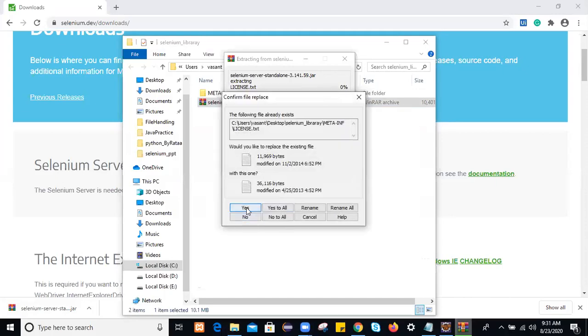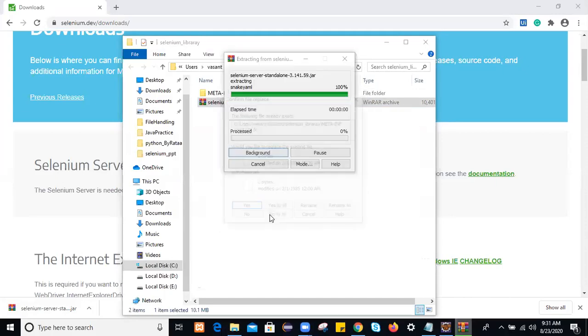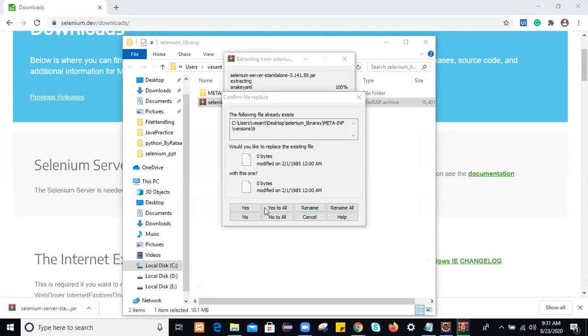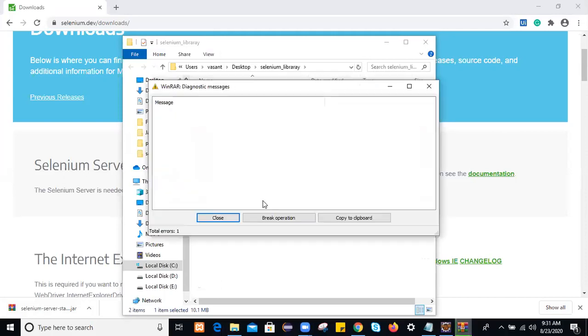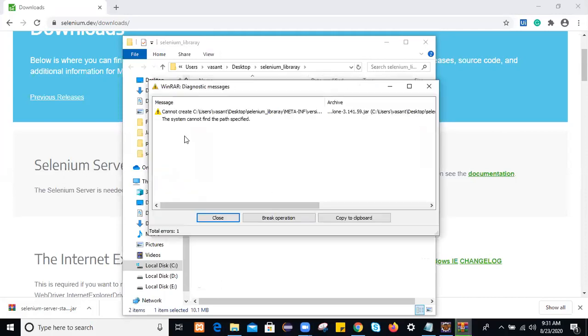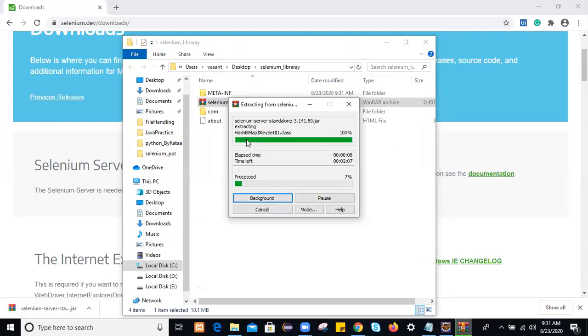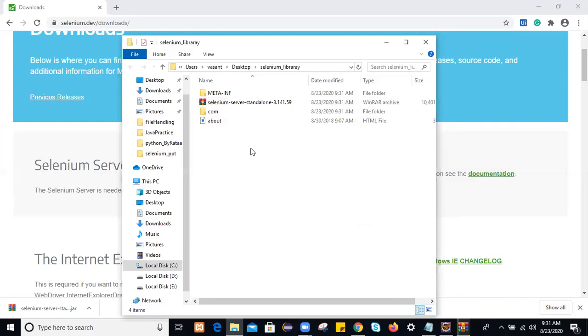Yes, I want to extract all the files. Yes to all. Let me extract all these files to this location. So this is Selenium. Oh, it's downloaded as standalone.